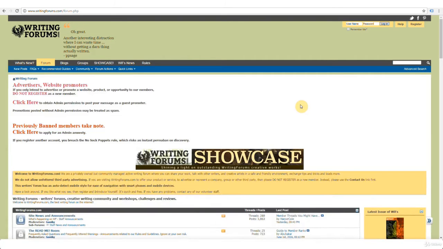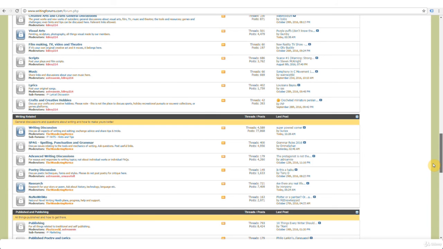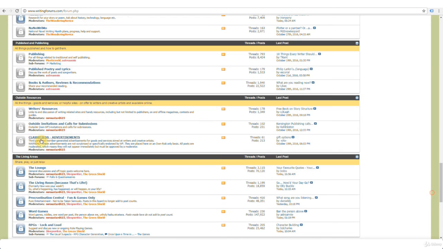Now, here are a couple of really important tips. First of all, you should not advertise in a post that you make. Leave the advertising to the signature. So the signature is going to be automatically shown with every post you make or every reply you make to somebody else's post. So don't actually write a post advertising something. That's not what forums are for, and it'll just get you banned. Some forums do have advertising sections, and this forum has one. So you may be able to go ahead and put an ad in there as well, but that won't be